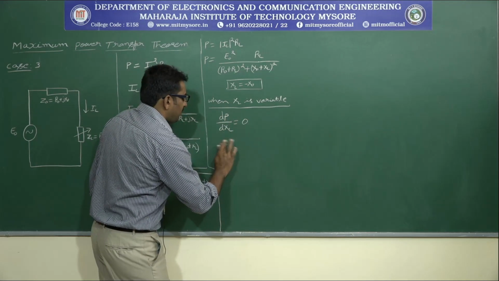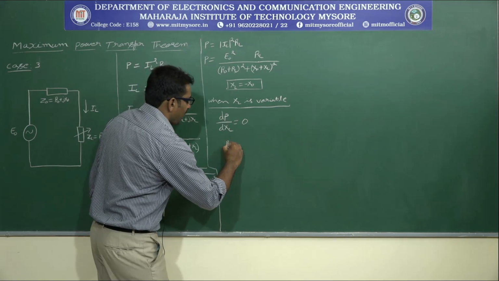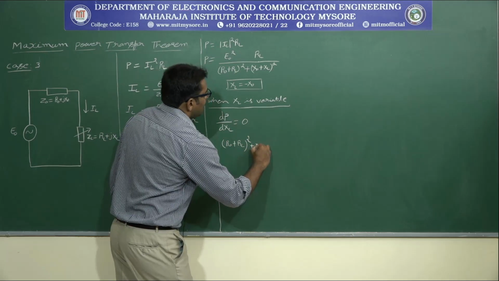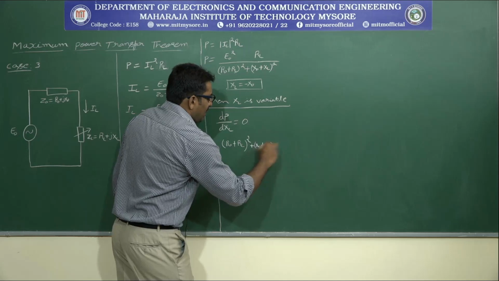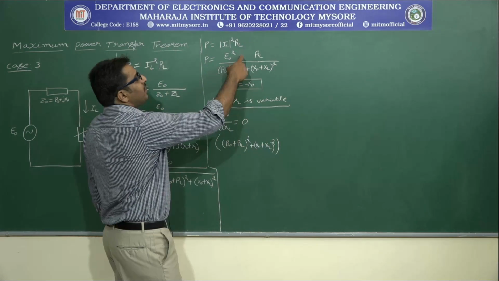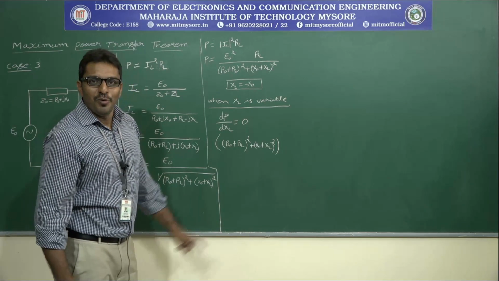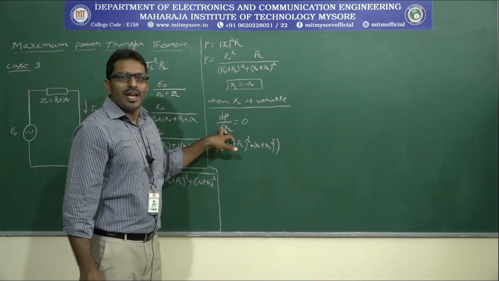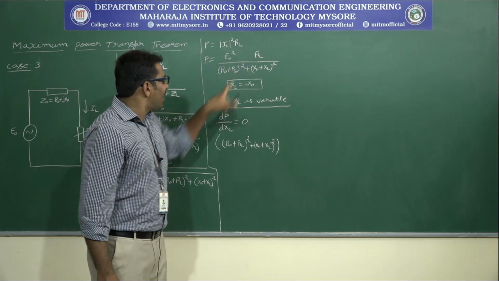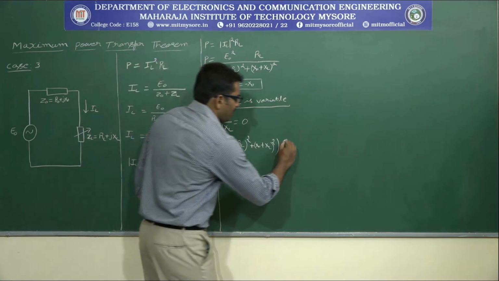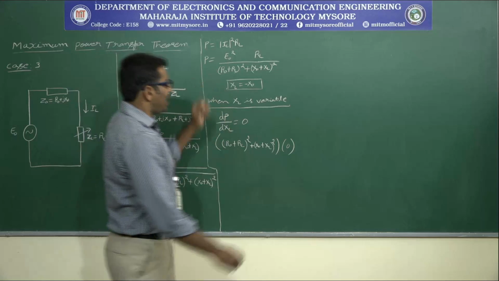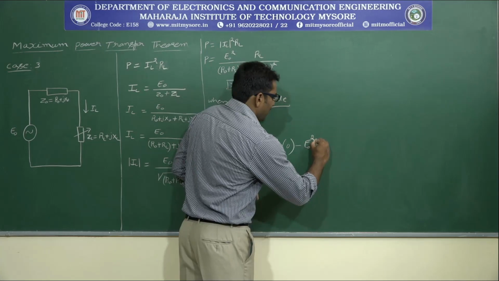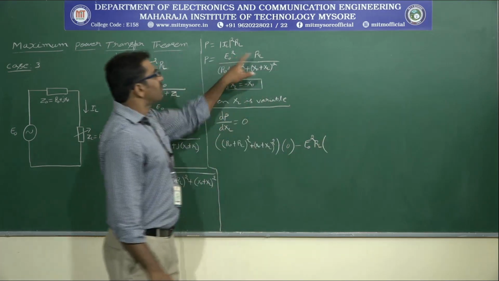Therefore, E naught squared... what is the denominator? (R naught plus RL) squared plus (X naught plus XL) squared, the whole thing multiplied by the differentiation of the numerator. What does the numerator consist of? E naught squared RL. There is no XL term here. So what is the differentiation of E naught squared RL with respect to XL? 0. Minus, the numerator E naught squared into RL,